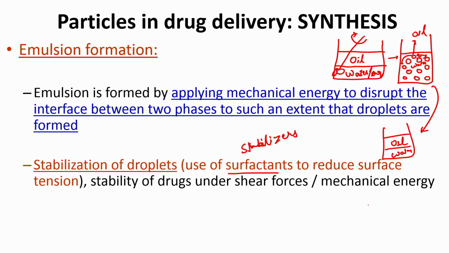So, if I now zoom into one of these droplets, a surfactant is nothing but an amphiphilic molecule which has parts which are both hydrophilic and hydrophobic. So, what will happen if let us say this is oil, this is water. The hydrophilic part will try to interact with water and the hydrophobic part will try to interact with the oil. So, it will essentially form this barrier